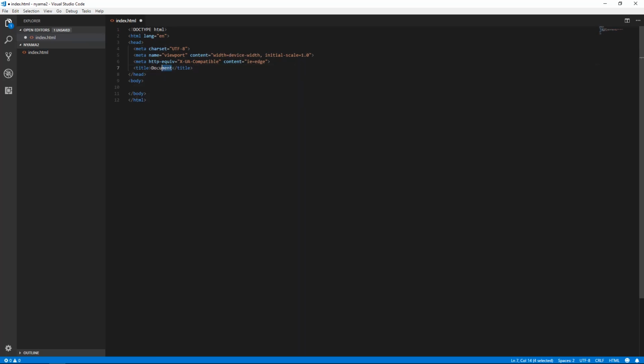We'll call it Inyama responsive tutorial. I broke stuff. Okay. Cool. And for this we'll need Bootstrap, we'll need MDB,